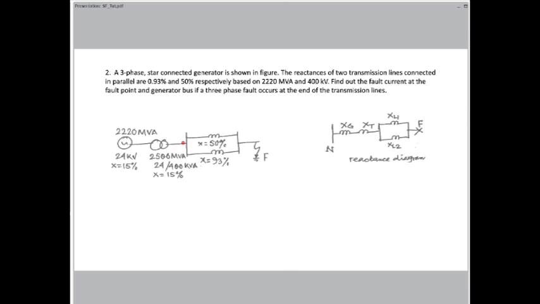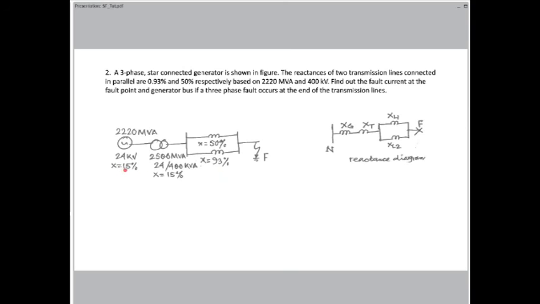And then, in turn, the transformer is connected to a bus from where we have 2 transmission lines. Each of these transmission lines has a reactance; the resistance is neglected because the resistance value is much smaller than the reactance value. So sometimes we neglect them. We take the reactance value because it is higher than the resistance value. So the reactance values are given here. The first line, the top one, has a reactance of 50%. The bottom one has a reactance of 93%.